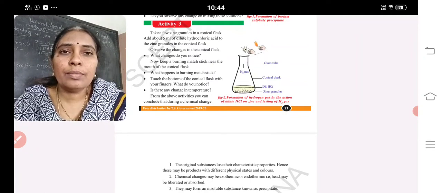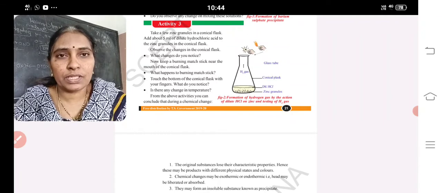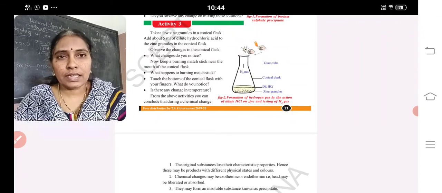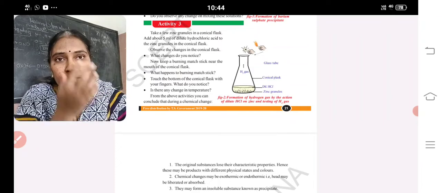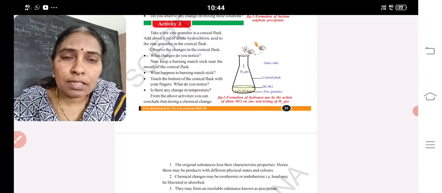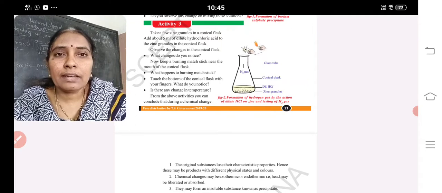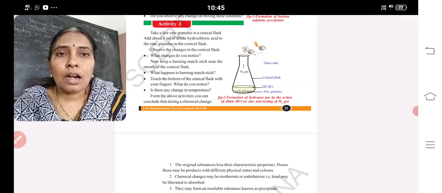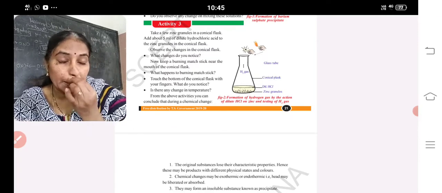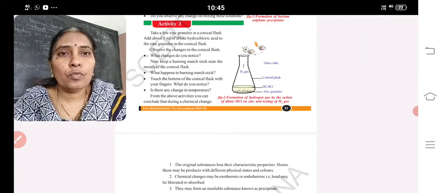Balancing the chemical equation is most important; that is a 4-mark answer. How will you balance the chemical equation? You have to write it in 4 steps. First, whatever equation is given, you have to write it in symbolic form, with the left hand side and the right hand side. Second step, count the number of atoms of each element on the left hand side and the right hand side. Write it in a table form.